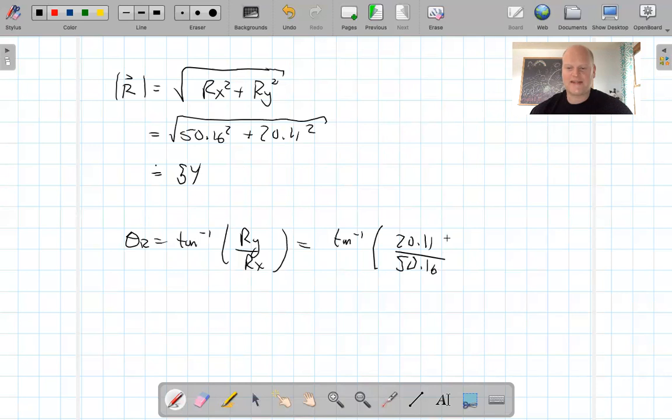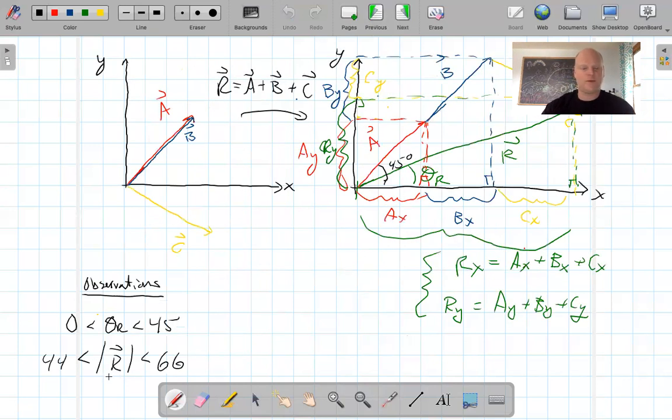Oops. 0.16. Now this is less than 45 degrees, because it would be 45 degrees if the top and the bottom were exactly the same. So putting in my numbers, what I find in this case is this works out to be about 21.8 degrees. So before we move on and write this in unit vector notation, notice that again, we predicted from